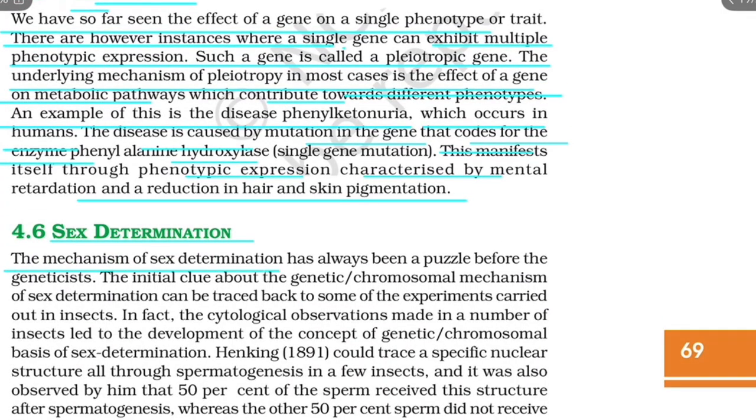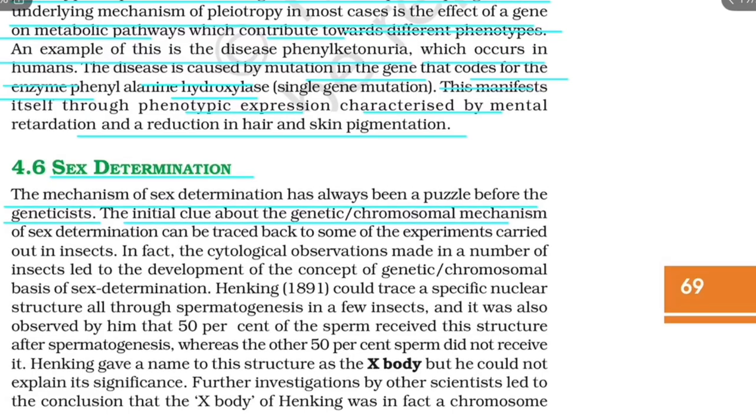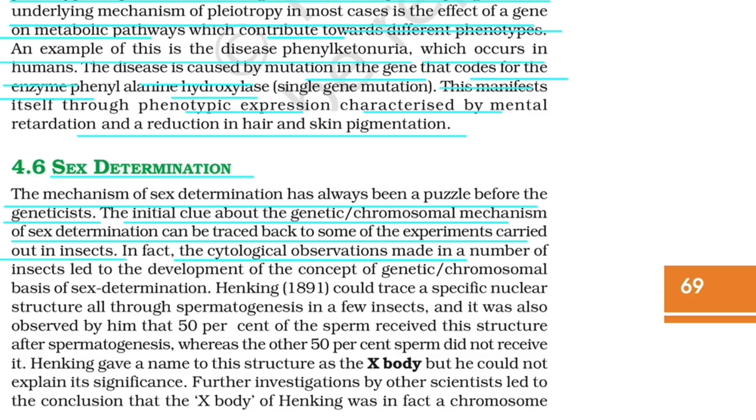Sex determination. The mechanism of sex determination has always been a puzzle for the geneticist. The initial clue about the genetic chromosomal mechanism of sex determination can be traced back to some experiments carried out in insects. In fact, the cytological observations made in a number of insects led to the development of the concept of the chromosomal basis of sex determination. Henking could trace a specific nuclear structure all through spermatogenesis in a few insects, and he also observed that 50% of the sperm received this structure after spermatogenesis, whereas the other 50% did not receive it. Henking gave the name X-body to this structure,